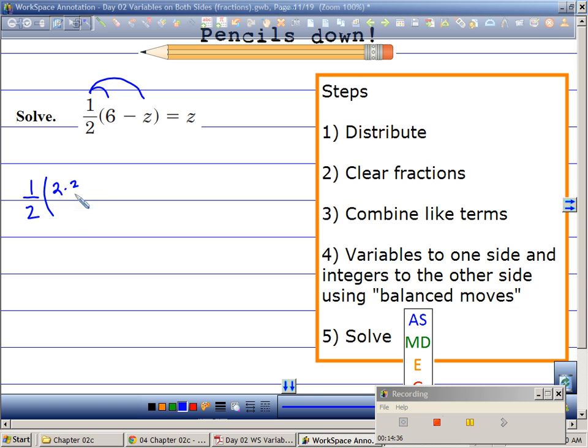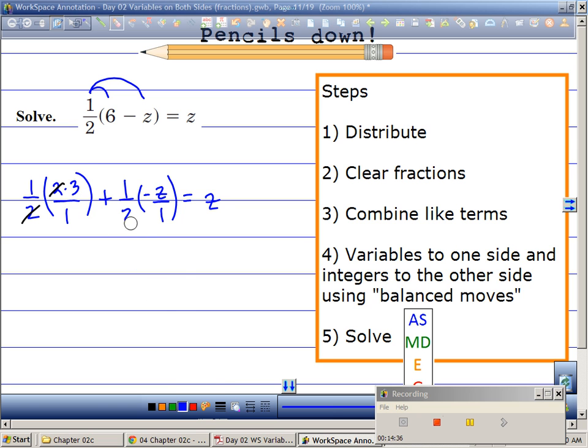I'm going to break that 6 up to be 2 times 3 plus 1/2 times negative z over 1 equals z. And I do that, these automatically cancel, which that's nice. And I'm left with,